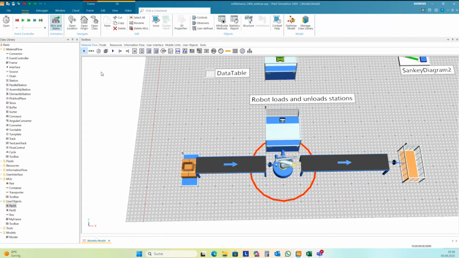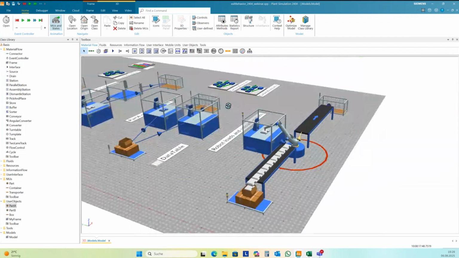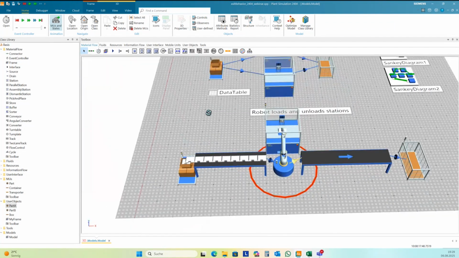Okay, if I now start this, it blocks itself because the robot loads a second part and is not able to load and unload this station, and so I need to program an exit control for the first conveyor.